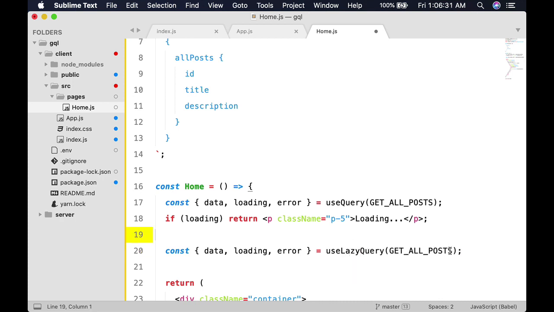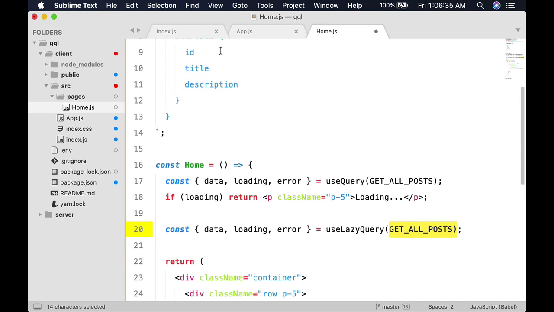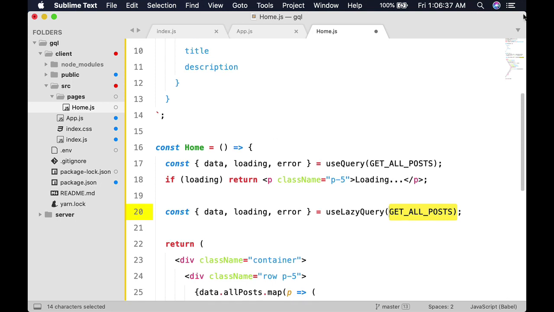It's going to take the query, which is here in this variable, the GraphQL query, to get all the posts, and you still get the same information. You get the data, loading, and error, and not only that, you're also going to give this function a name, because